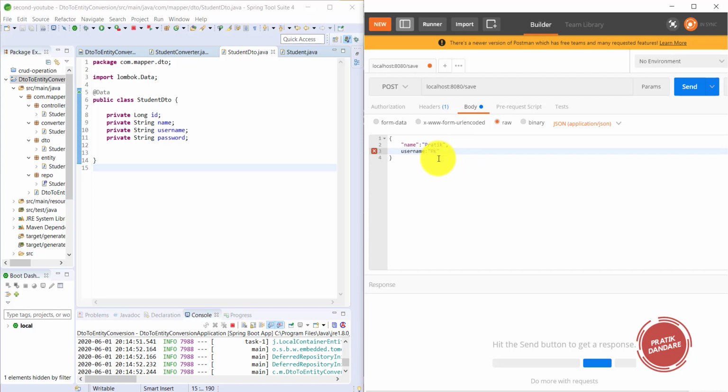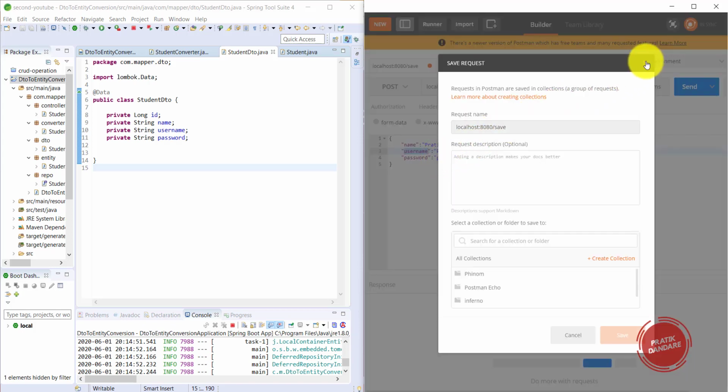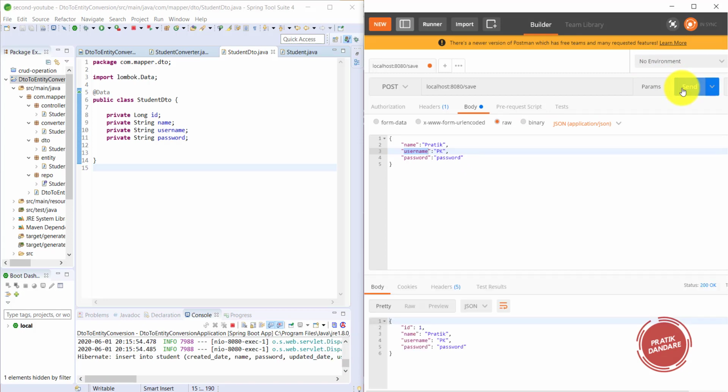Username is PK and password is password. This happened because I didn't give this part, so I don't need to save it. I am hitting it and let's see. It's created, it's converted, and it's returned.